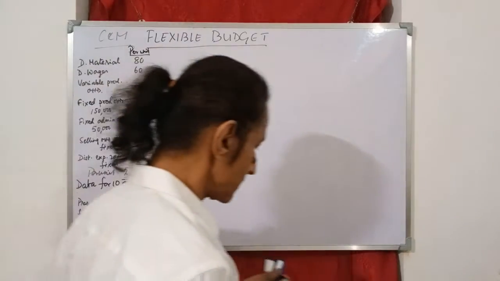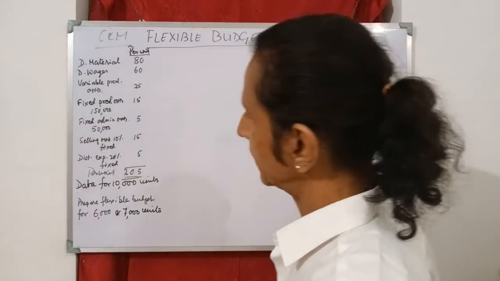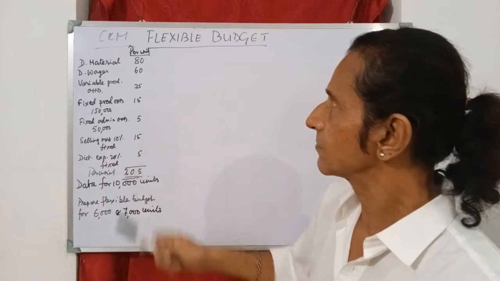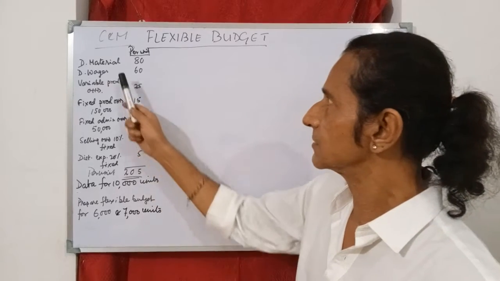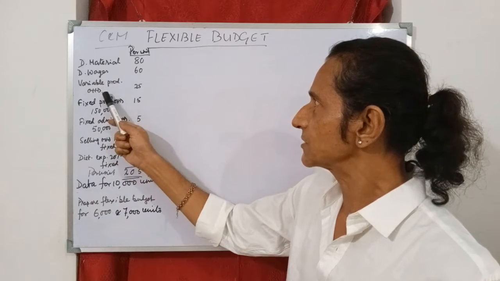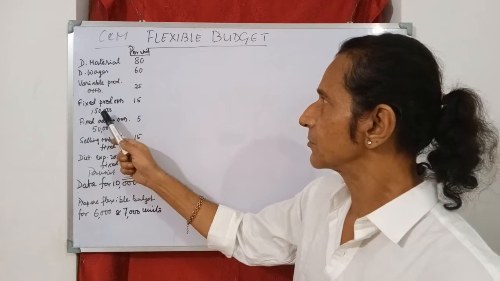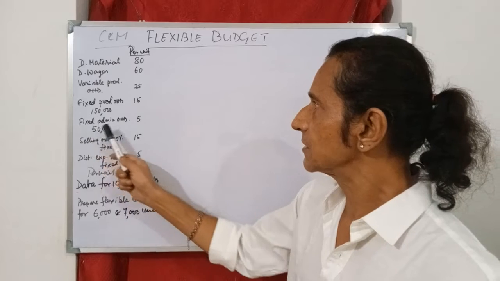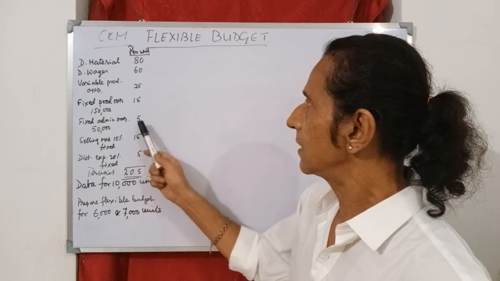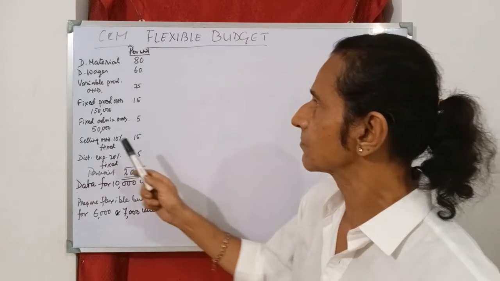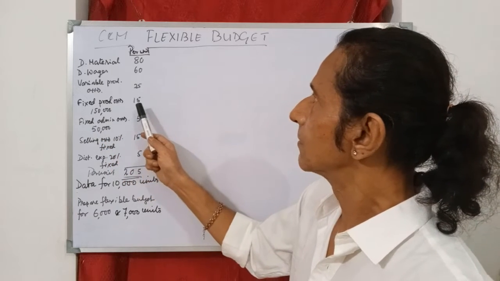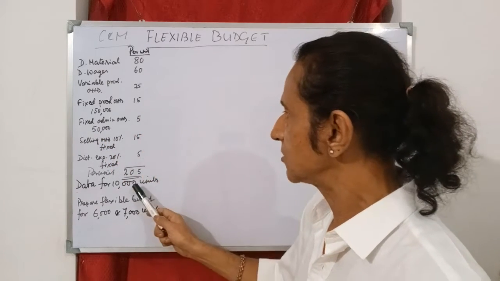So per unit cost of production of 10,000 units is given, which is 205, which consists of direct material cost 80, direct wages 60, variable production overhead 25, fixed production overhead 15, fixed administrative overhead 50,000, that is total, and 5 per unit, and fixed production overhead is 150,000, which comes to 15 per unit on the basis of 10,000